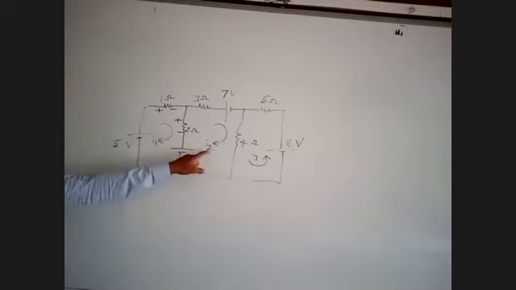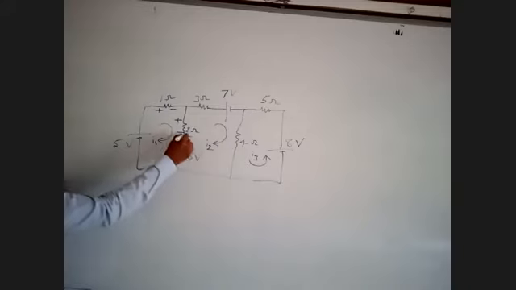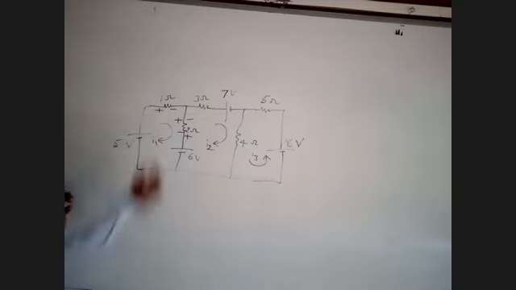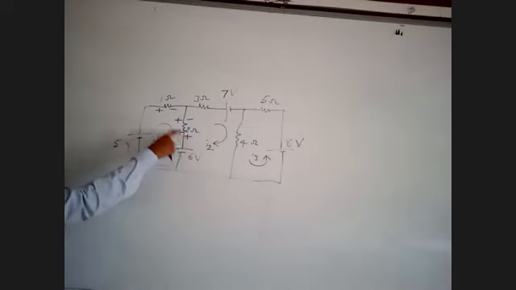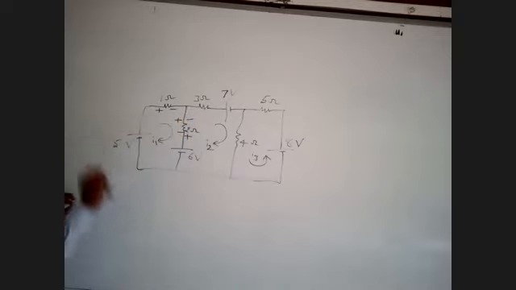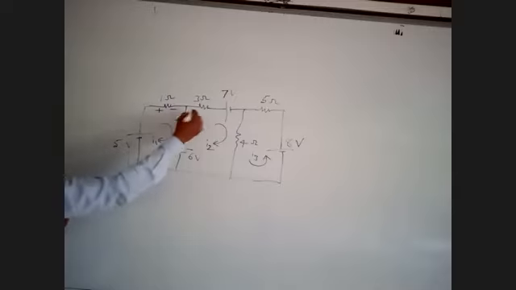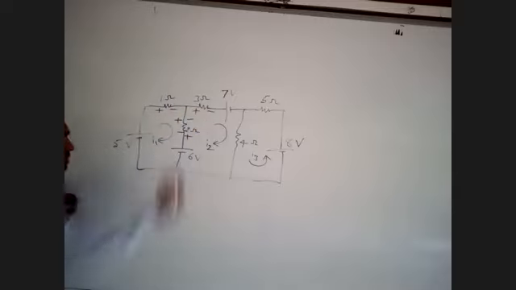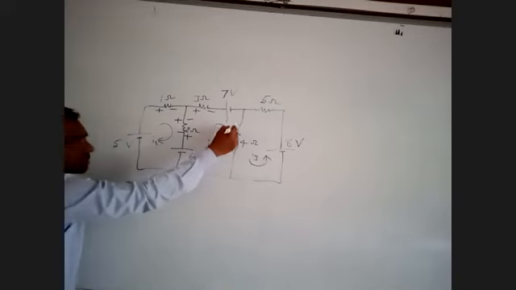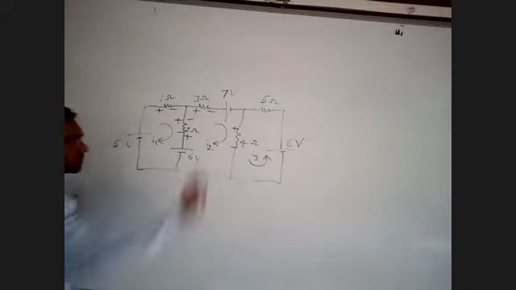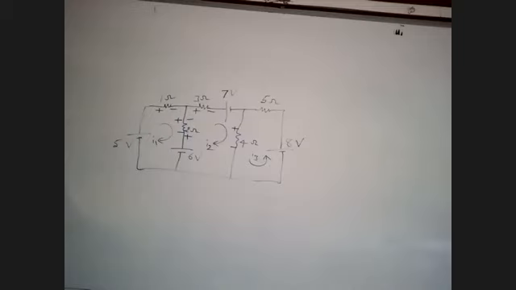Now come to the second loop, I2 direction. This will be plus, this will be minus. This polarity itself indicates the direction. If both plus and minus are the same, they are in the same direction; now these are in opposite directions. I2 is flowing from plus to minus in this direction. In the second loop, we have to see only I2 direction.